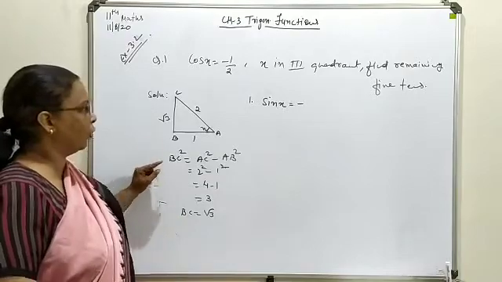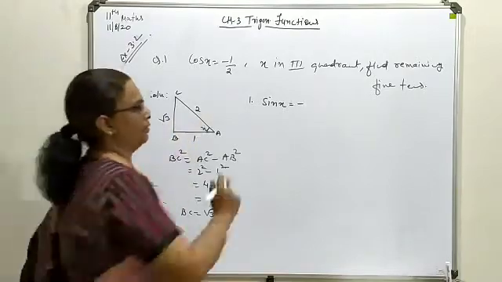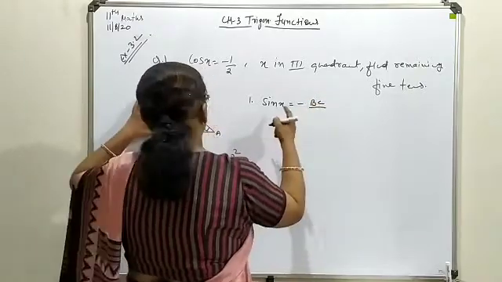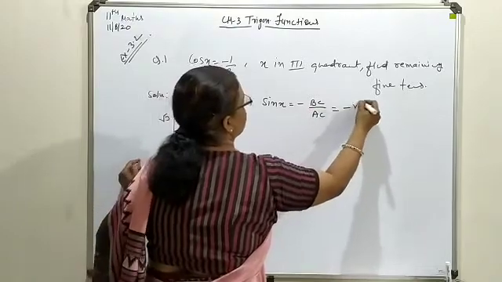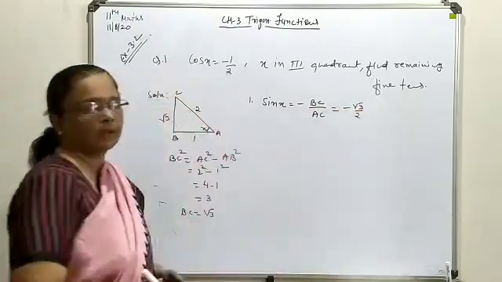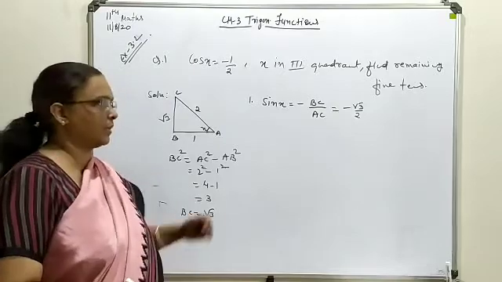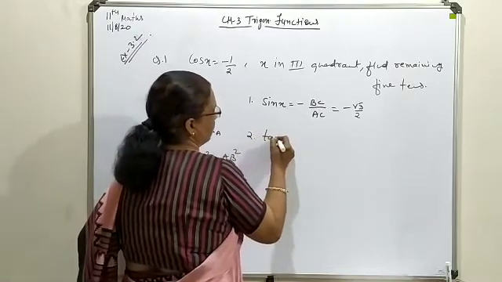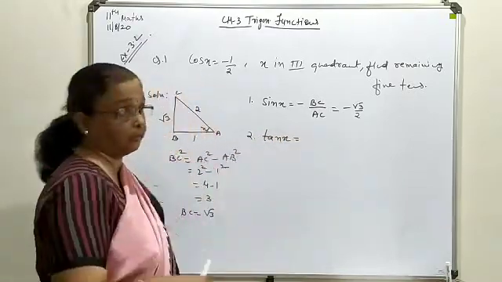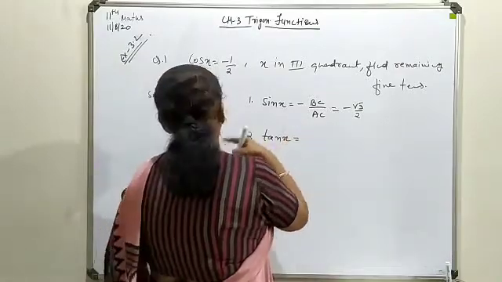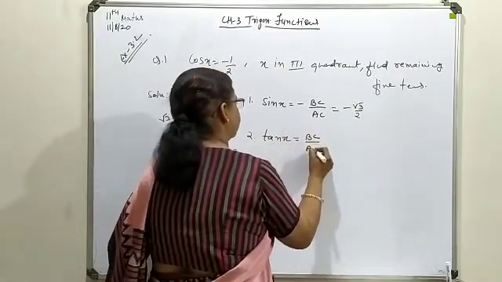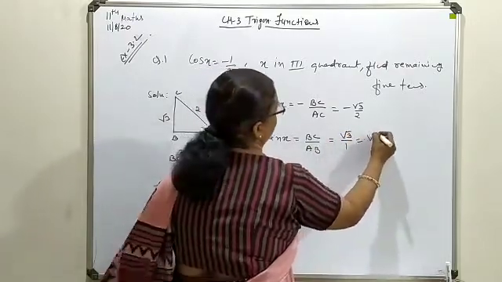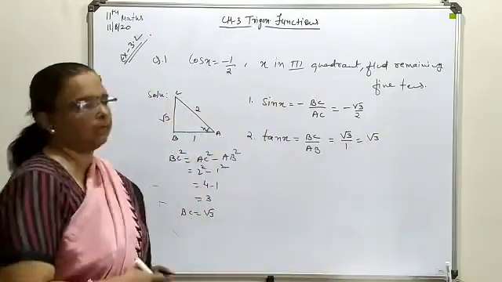Now sine is the ratio of the perpendicular to its hypotenuse. So here this will be, formally first we will write everything, afterwards we can also write directly. Under root 3 by 2 with a negative sign. Now next we will write tangent, cos is already written. Tangent is positive in the third quadrant. So here tangent means BC upon AB. BC is root 3 and AB is 1, so it will come out as under root 3 only.